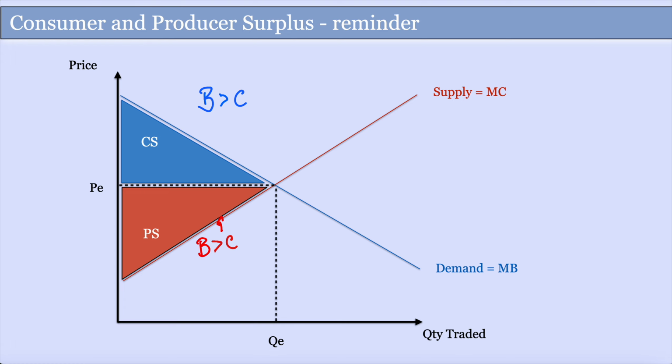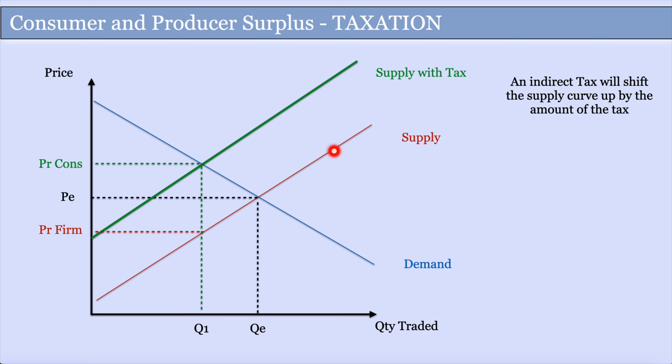Now let's have a look at how that changes when you put taxes on. When you put a tax on, remember that you are basically saying that the firm is willing and able to supply at this price, but now let's say the government put a £50 tax on. The firm will have to charge £50 more because it doesn't keep that tax, it pays it over to the government, and so they're only willing and able to supply this quantity here if they get a higher price, because this lot here is going to disappear over to the government once they've taken it from the consumer. So from this original equilibrium, the market moves to this point here,